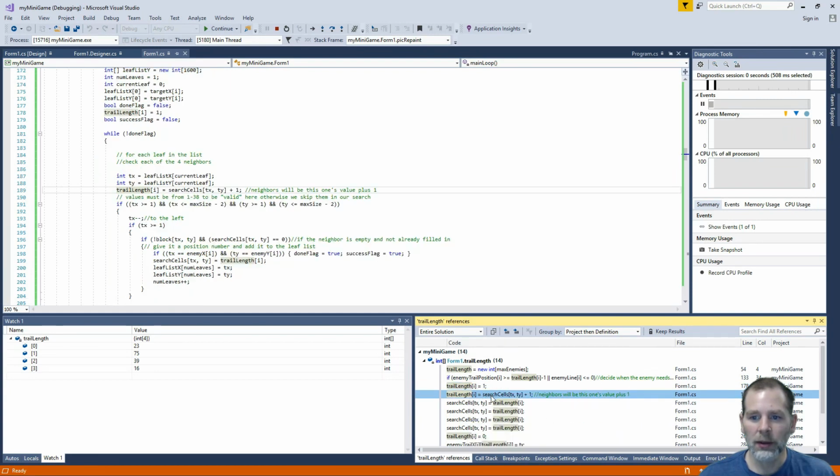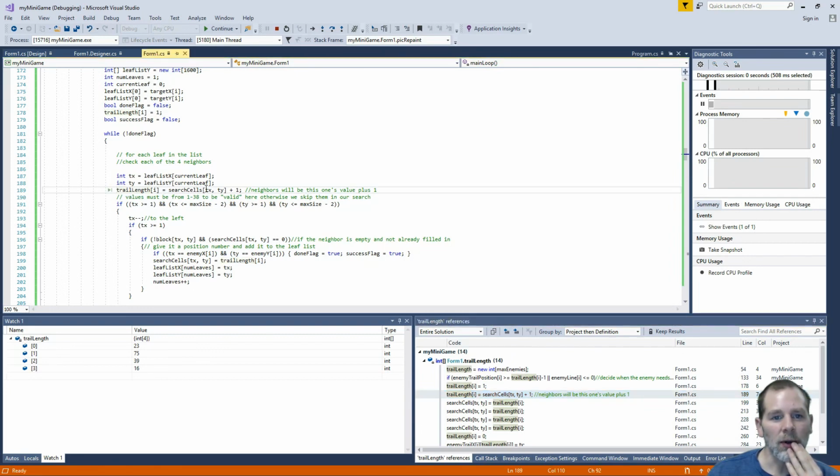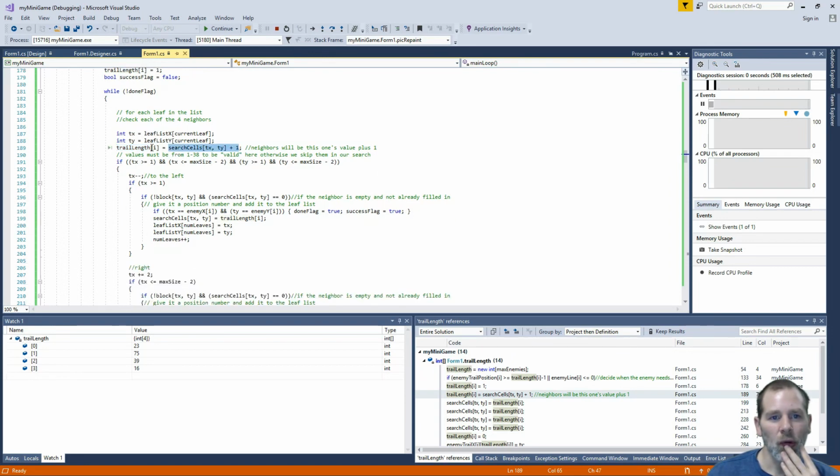Oh, you know what? Here we go. Trail length I equals that. Okay, so that's what's going on over here. We're ending up with a 75. And then it's not getting a path or something like that. That's where it's setting it to this value, to this 75. And then it's not able to,